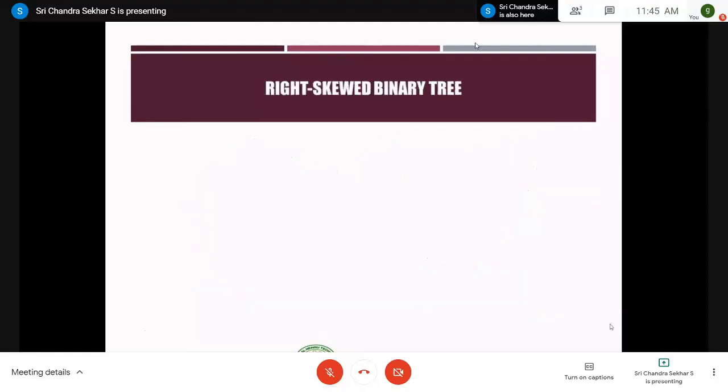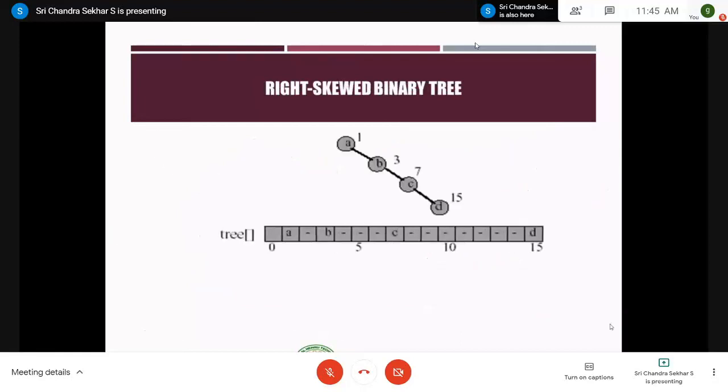Let me take one more example of a right skewed binary tree. So this is the right skewed binary tree, and by following the concepts which we have gone through in the previous slides, you make a dummy node here and number it 2, right? B is 3 and this is 4 and this is 5, this is 6, therefore this is 7.